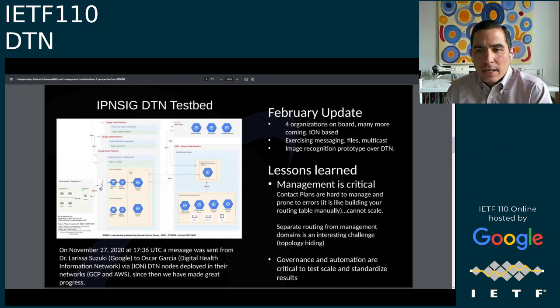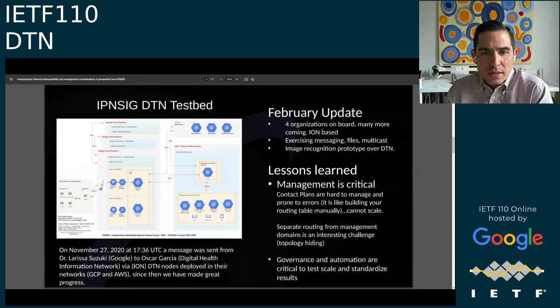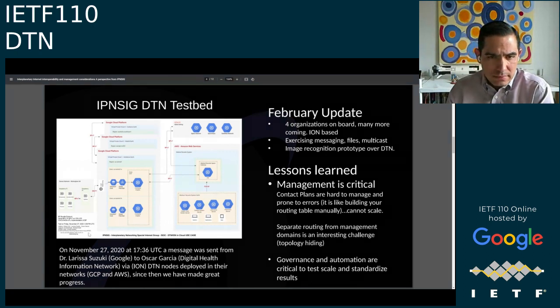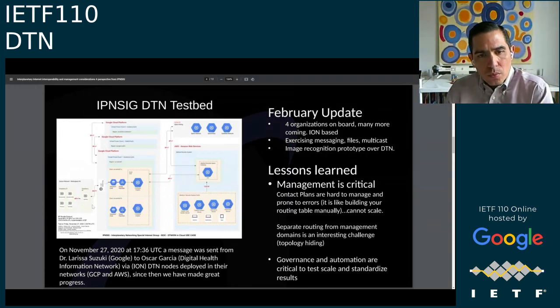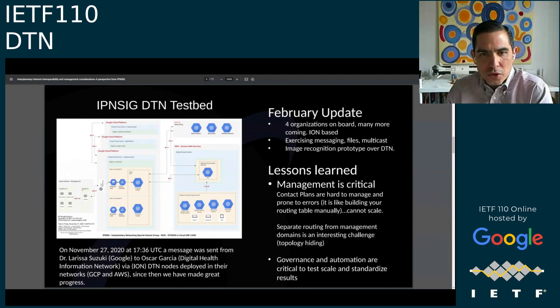Then let me double click on a couple of things. I mentioned the DTN test bed late last year, November 27th. We were able to make the first connection, having a few ION instances running on the Google Cloud, managed by Google, including some sensors connected via MQTT, all using Bundle Protocol version 7, connecting to the health information network deployment on AWS that has the medical gateway record as well. So this was a hello world demonstration, using basic BPv7 functionality,